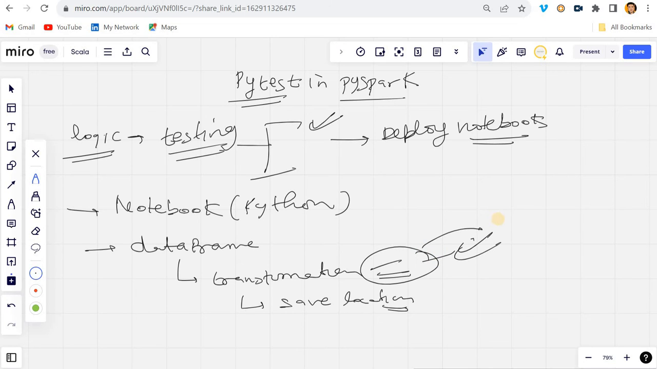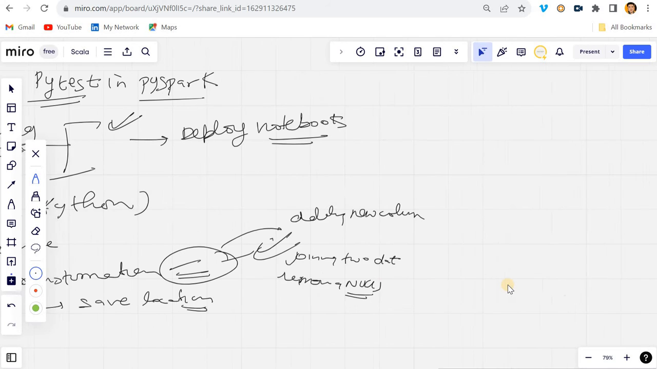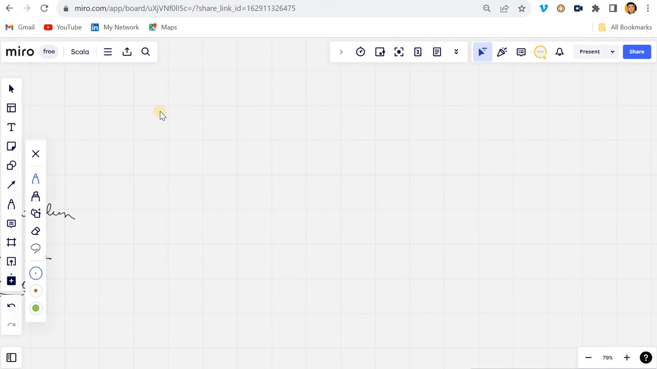Transformation means, let's say, adding a new column, joining two data frames, or removing nulls, and so on. Sometimes what happens, we write our logic in a notebook,